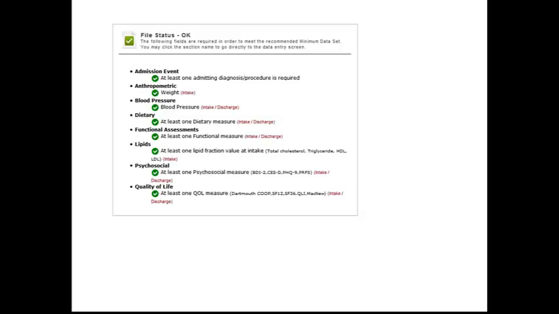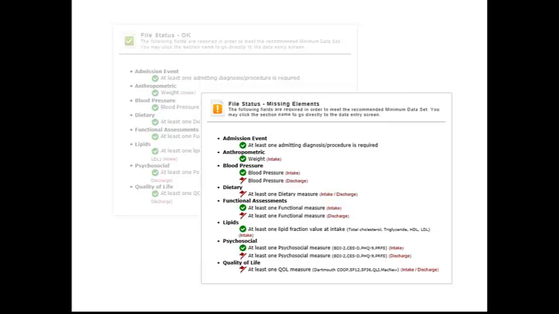Now we chose these areas because we felt that having an outcome in each of these areas would pretty adequately define a patient and their outcomes in cardiac or pulmonary rehab. Now these aren't required. None of these are actually required, but if you collect this data, this will give you a sense of how complete the record is. So if you get all of that data, you'll get lots of green checks and you'll feel pretty good about yourself. What if you get a red flag?